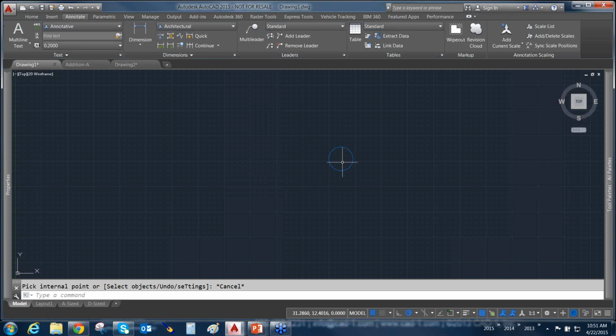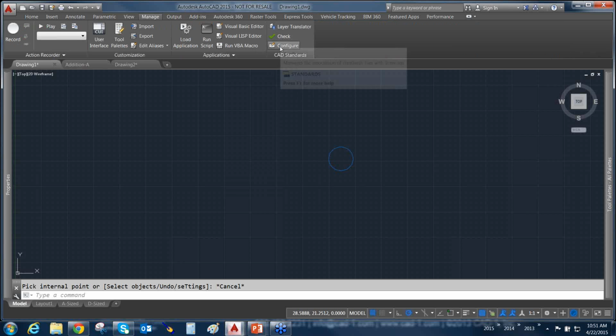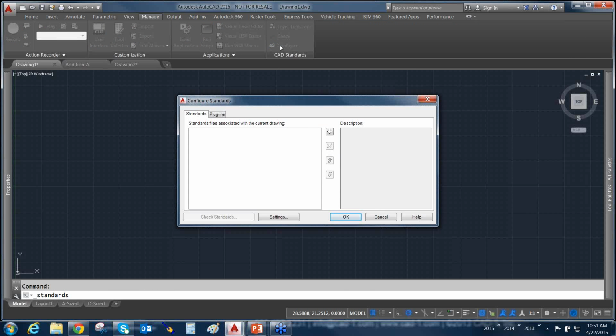Ivan asks, once done creating the template, is there any built-in reporting tool that would help with documenting the settings used, i.e. for inclusion on a CAD standard document, etc.? Yes and no for Ivan. For that, like I was mentioning, we've got our CAD standards tool set, and you can export a drawing as a CAD standards. You can do their Autodesk CAD standards or AutoCAD CAD standards tools that are inside of